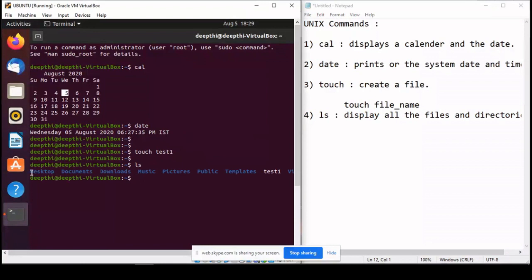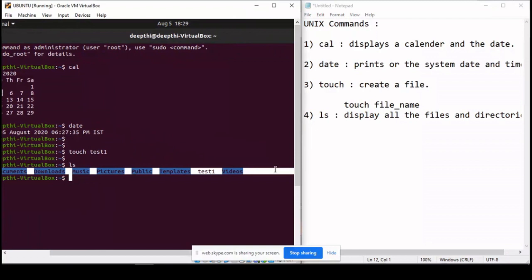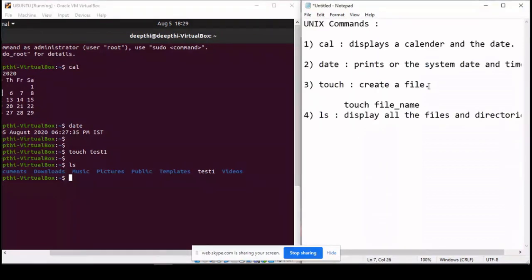Now here we can see that these are the different directories and files, and we can also see that this test1 that we have created is present now. It is represented with white color and the rest of them are of blue color. So a directory is basically represented by blue color and a file is represented by white color, right? So when we create a file, it is shown in white color.